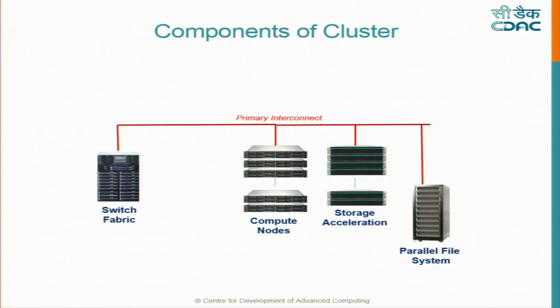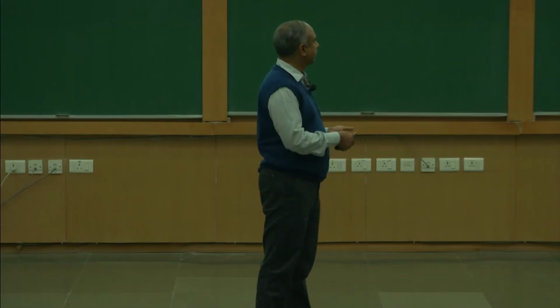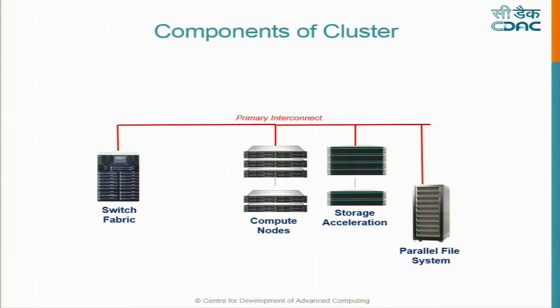Now, have you heard about SSDs, right? They are like flash memories, like your thumb drive. Their access times are much, much faster. So what you do is you put some nodes here which sit between the compute nodes and the parallel file system. The concept is the same as cache. Frequently used information is kept here, so that you do not have to go to the file system. Another attribute: this is big, this is going to be small, because this is costly and takes space. So this is small, fast, and maintains a copy of data which belongs to the parallel file system.